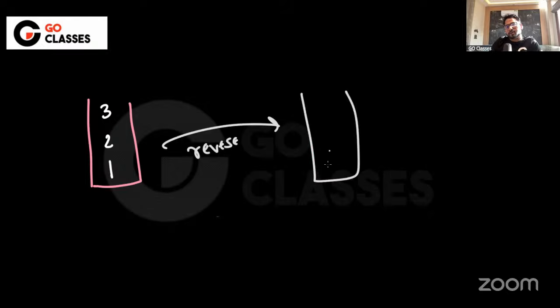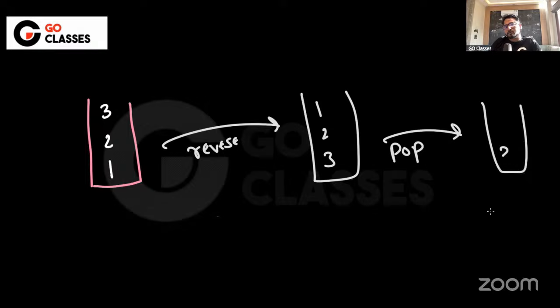See, suppose you are pushing 1, 2, 3. Okay. Now, if you want to implement a queue, for the DQ you have to pop this one, right? Now how to pop this one? You can basically do the reverse first. It will be 3, 2, 1, and then you can pop it. So it will be 2, 3. Sorry, this is 2, 3. So yes, we were able to DQ one. For NQ, you can directly push. NQ could be a direct push. But this whole thing is DQ.